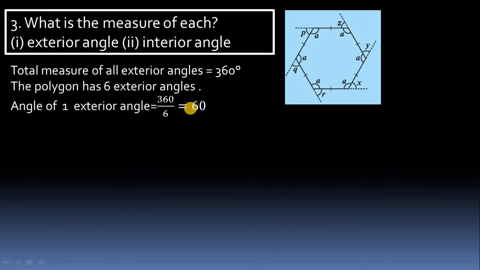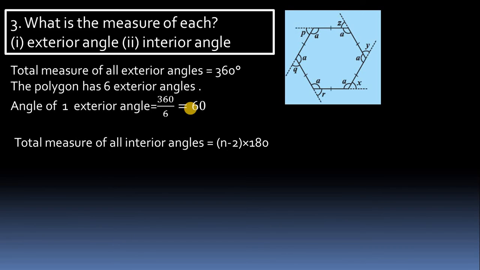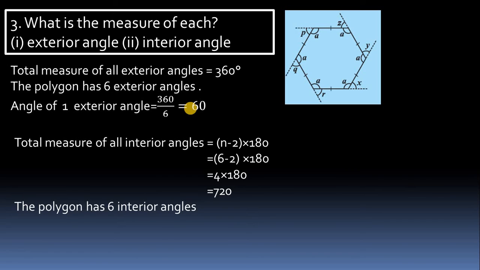And in the case of the interior angle, a different formula is there, because in the calculation of the interior angle you have to know the formula for the total sum of interior angles. So what is the formula? (n minus 2) into 180. Here the number of sides is 6, so (6 minus 2) into 180 is 720. And as the total sides are 6, 720 divided by 6 is 120. So the measurement of one angle is 120 degrees. This is the answer. The same process will be used in the exercise.